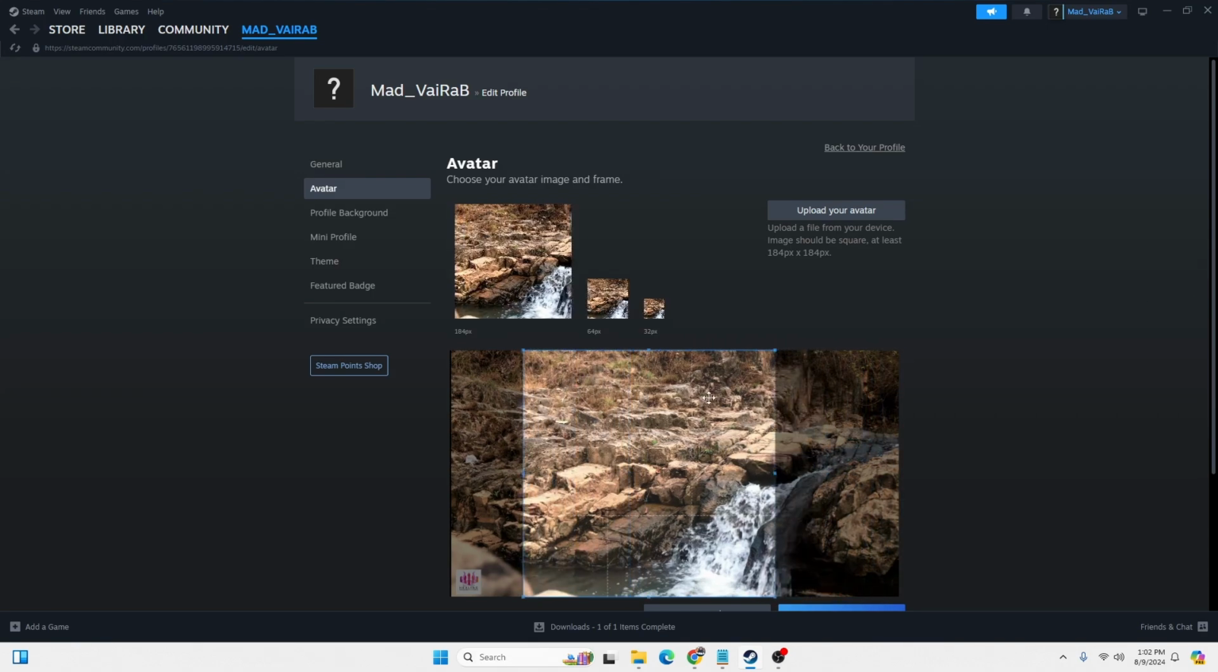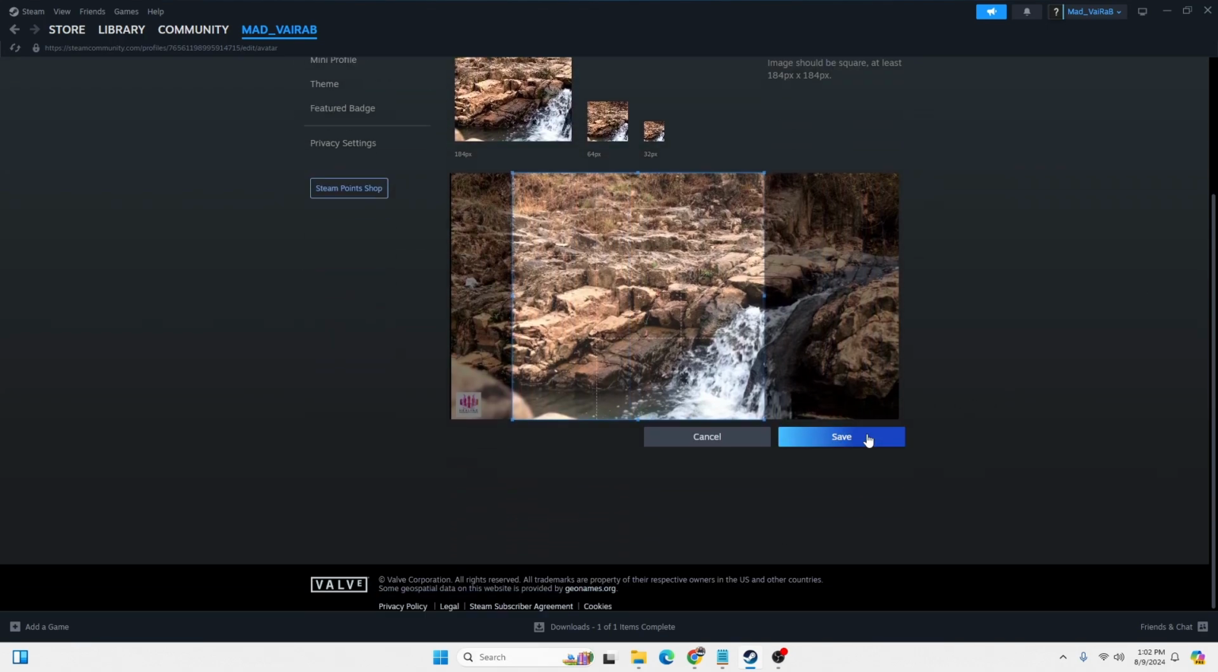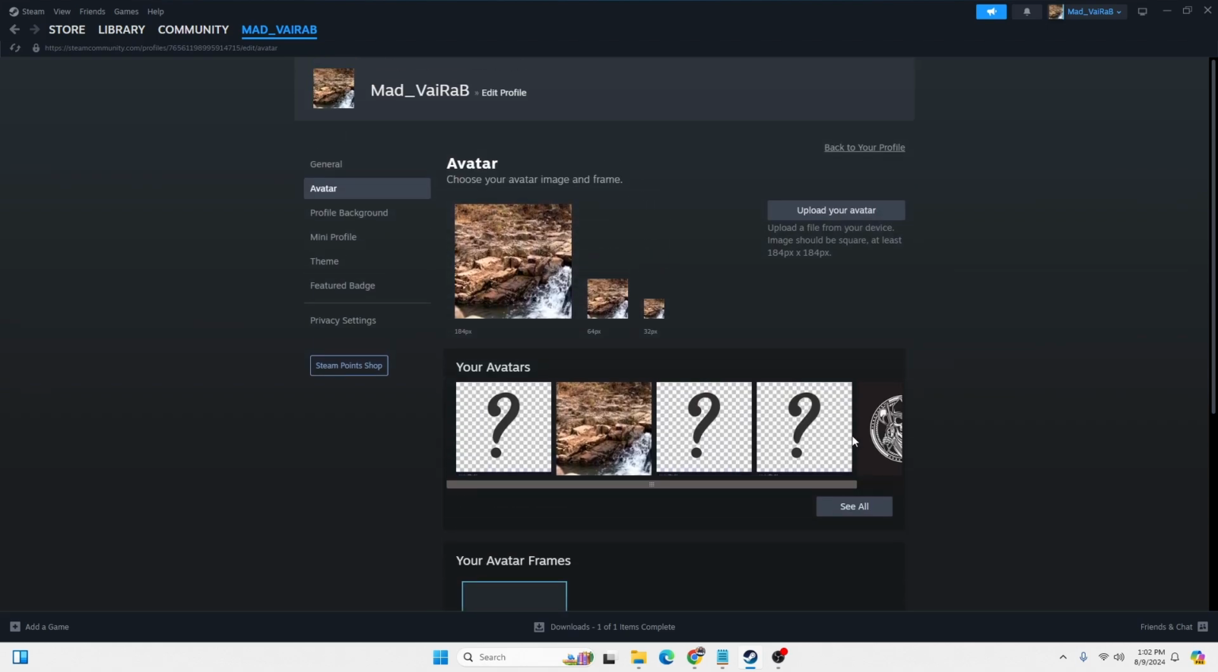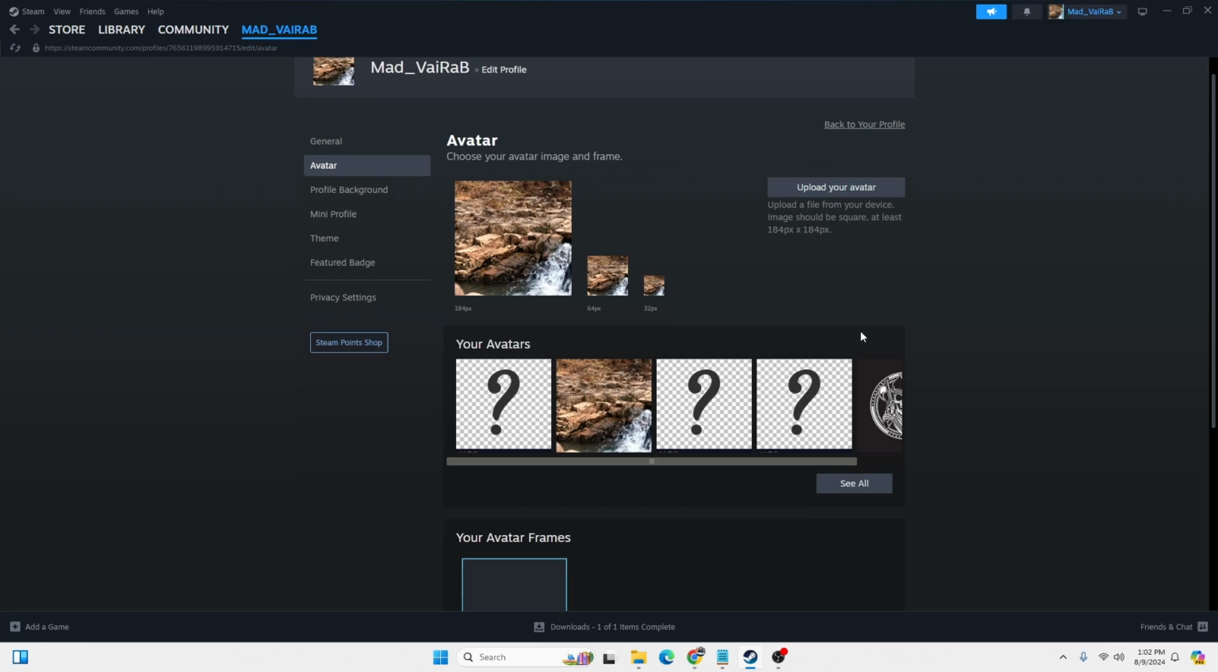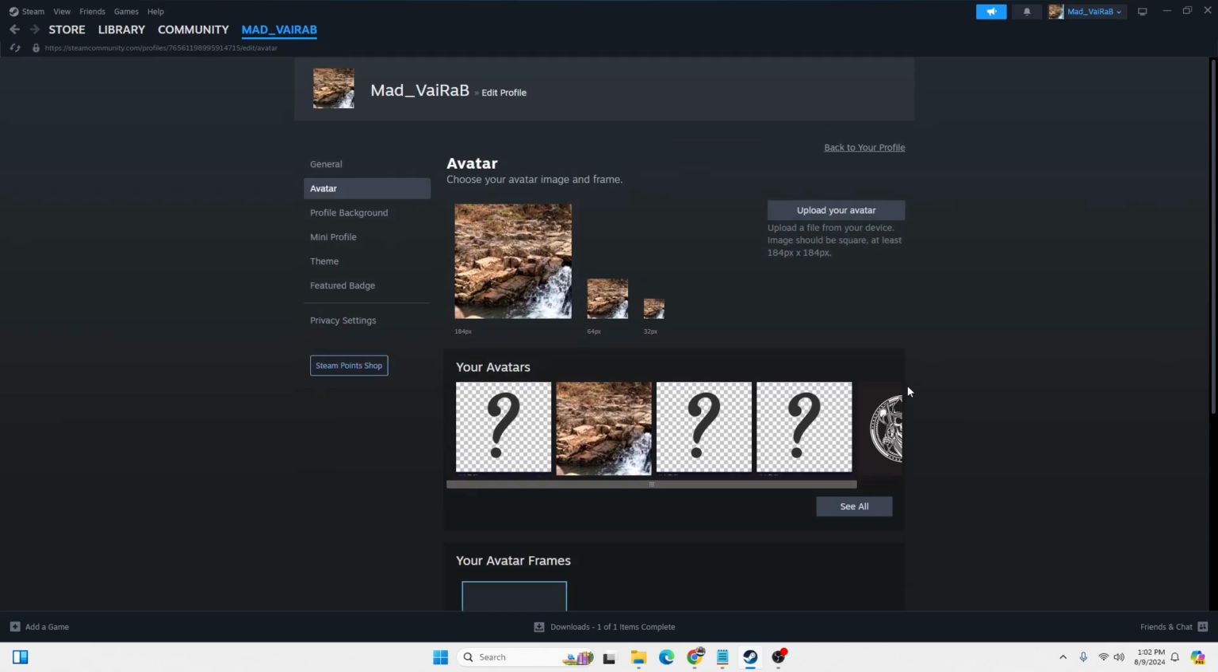After choosing your picture over here, you can click the save button available for us over here. Click on the save button and then your profile picture will be uploaded on your Steam account. And with that being said guys, this is how you will be able to put a profile picture on your